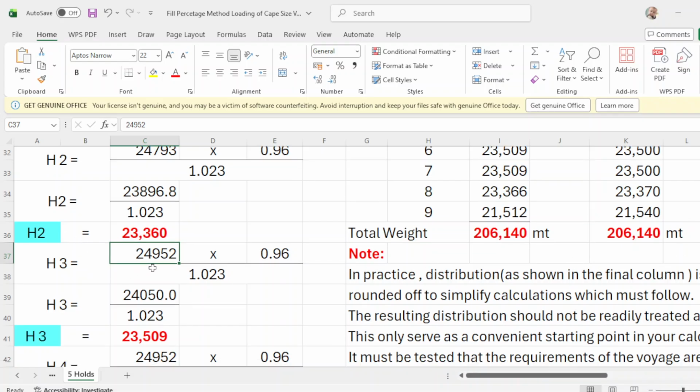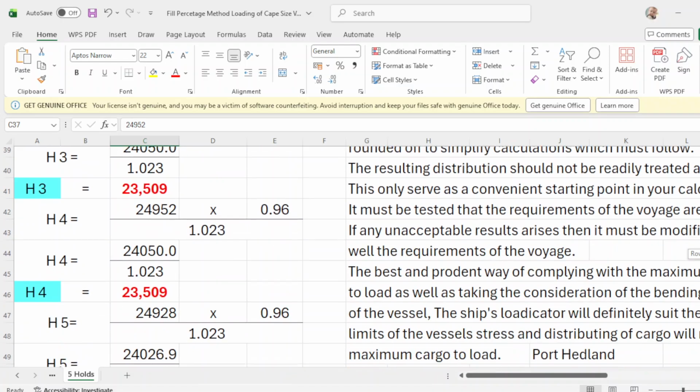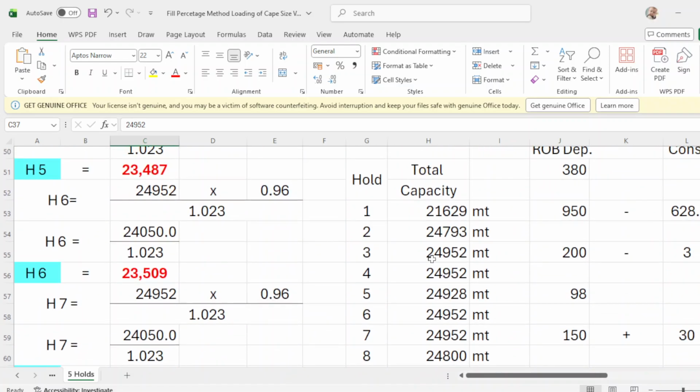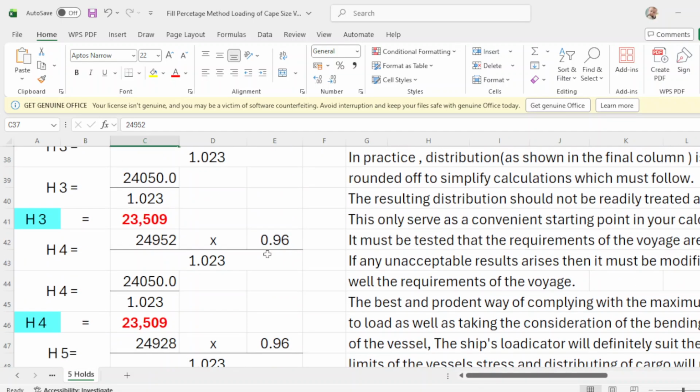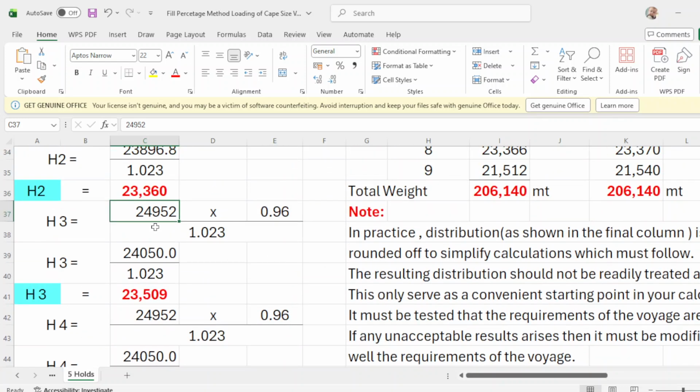Number 3 is 24952, times your percentage over storage factor, and the value for number 3 will be 23509.